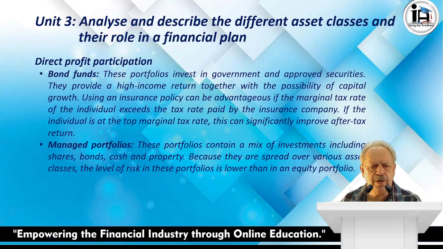These portfolios invest in government and appropriate approved securities. They provide a high income return together with the possibility of capital growth. Using an insurance policy can be advantageous if the marginal tax rate of the individual exceeds the tax rate that's payable by the insurance company, which is 30%. If the individual is at a top marginal tax rate, let's say 45%, this is a significant improvement on after-tax